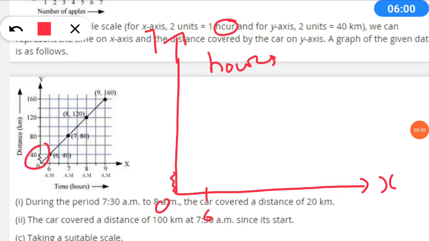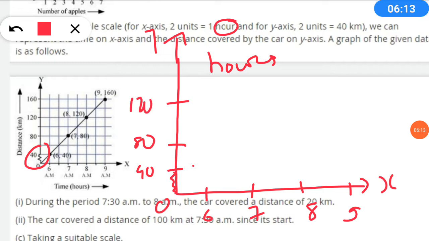So here 6 o'clock, 7 o'clock, 8 o'clock, 9 o'clock. Here as we know it does not directly start with 0 or 10 or 20. So here we are going to have 40, 80, 120, then 160. Here this will be the time and this will be the distance. Okay, now the first one is